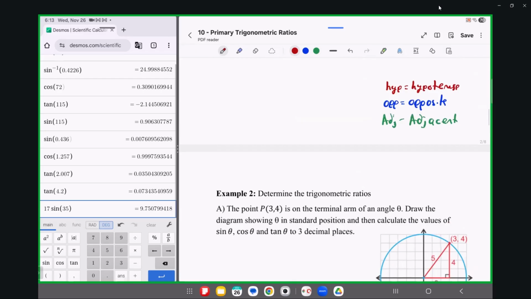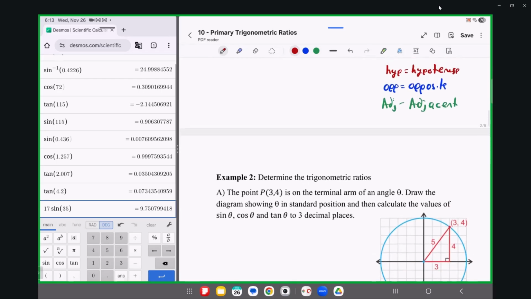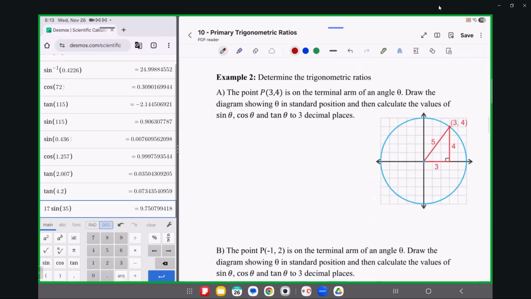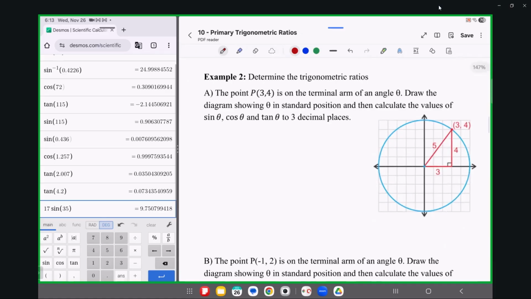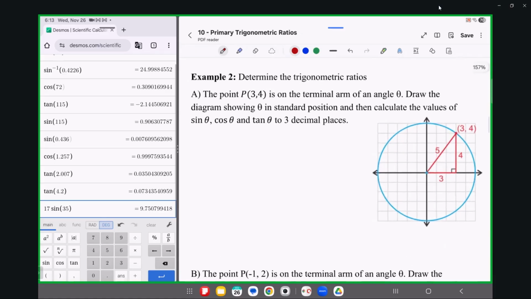And I'll try to maintain my color system as best we can, but I'll probably abandon it at some point. We're going to have a look at quadrant 1. Quadrant 1's the friendly one. So we're determining